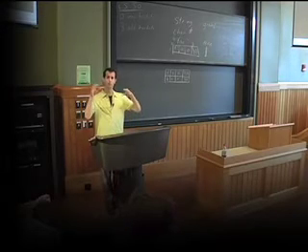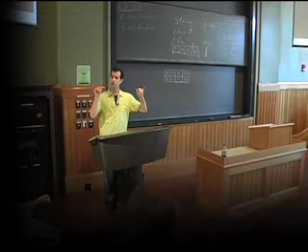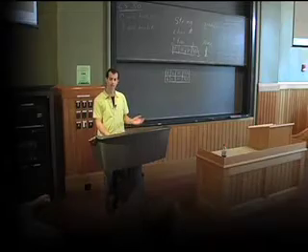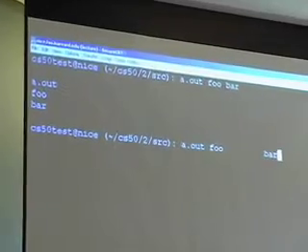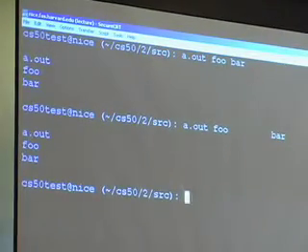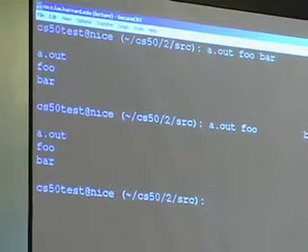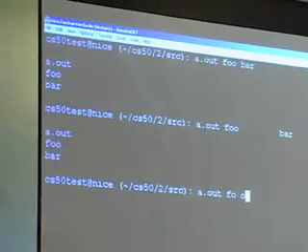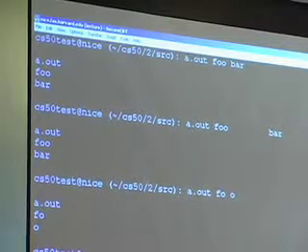So yes, to summarize, command line arguments are assumed to be any sequence of contiguous characters separated by white space, which just means I could type foo bar, and that gives me these arguments in argv. Or I can add extra spaces between them, but that also just gives me those arguments. The operating system will essentially throw away any unnecessary white space. But if for some reason you actually want to put a space in the word, well, that's not going to work. It's going to get passed in as multiple arguments. But if you enclose it in single or double quotes, then it actually gets passed in as one entity.